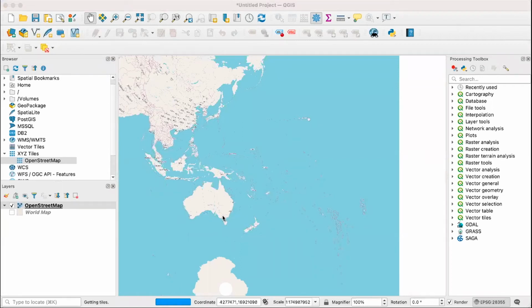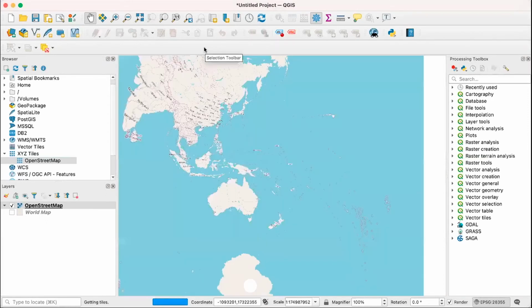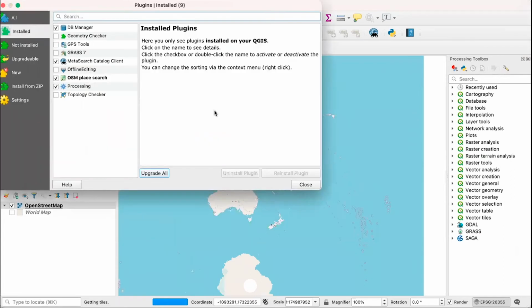So as I mentioned, you can find your location by using the navigation tools in the top panel, or a more accurate way to find your location is to go to the top ribbon and go into plugins and manage and install plugins. That will then bring us to our plugins pop-up. You can see here I've previously installed a plugin that's called OSM Place Search. So that's going to allow us to manually search for our site address that we're going to map